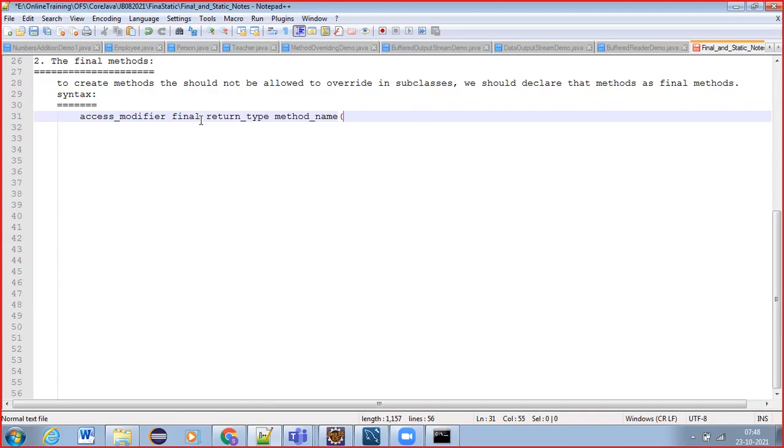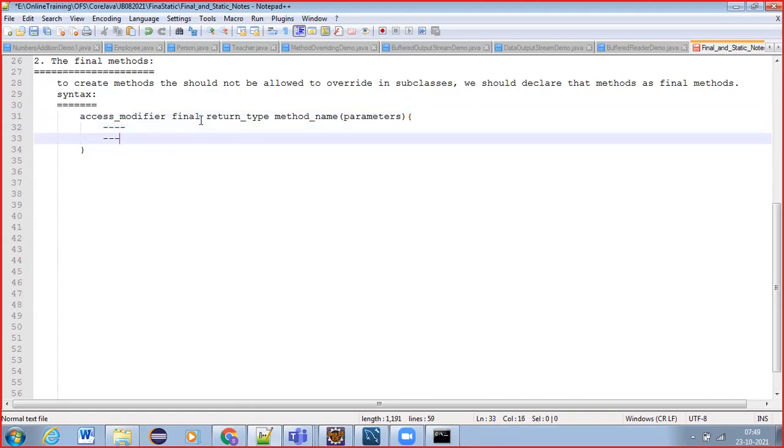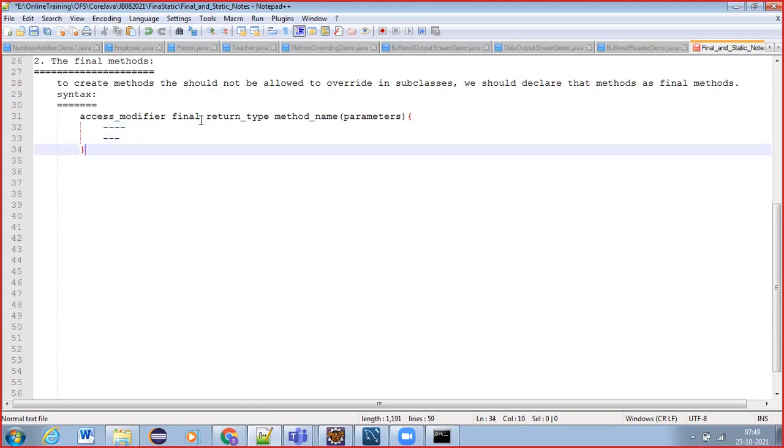And this method can have zero or more parameters. So like this you can define whatever definition you want.